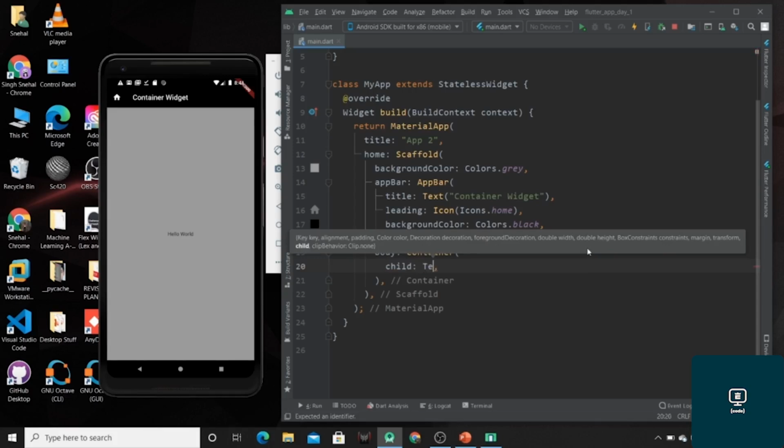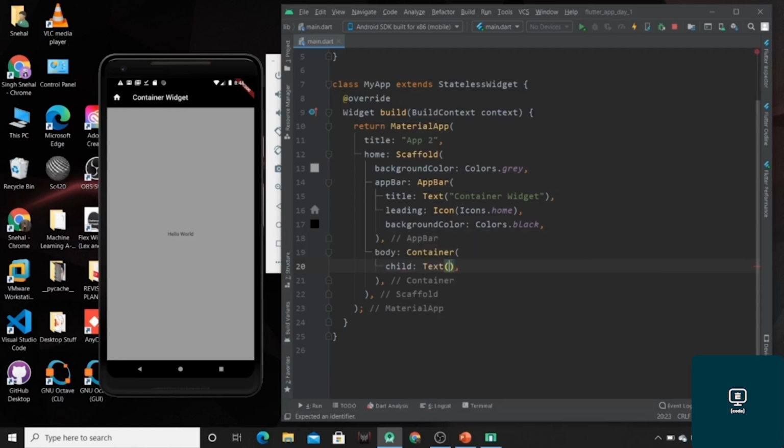So I am going to use one text widget, inside that I am writing one text as hey coders. Now just hit Ctrl S. So here is the text which we have specified in our container widget.